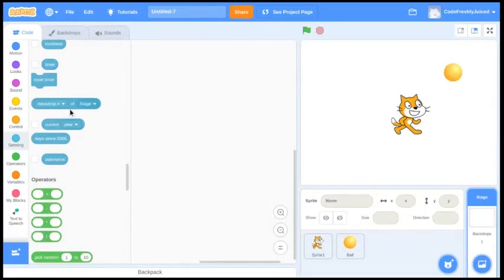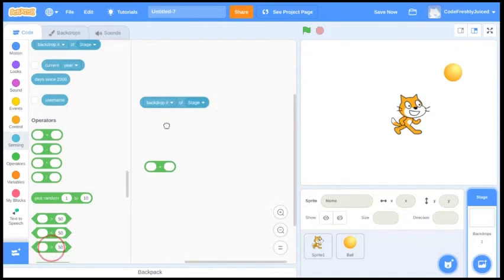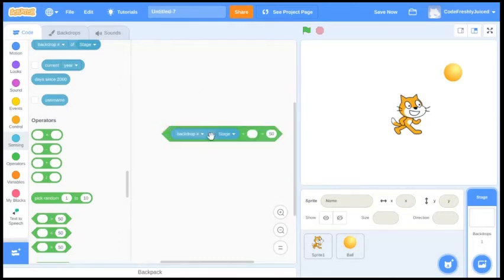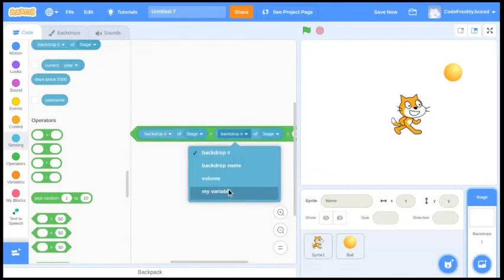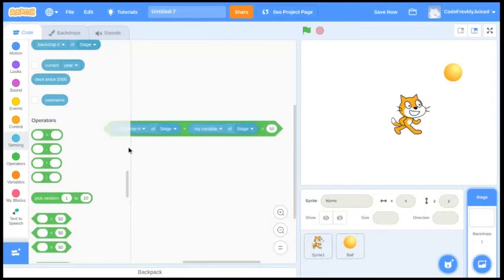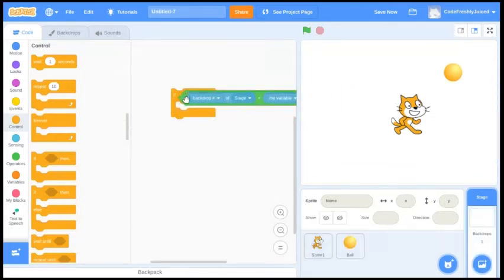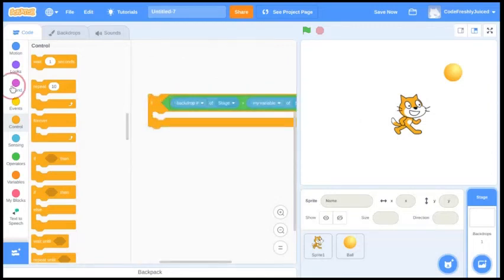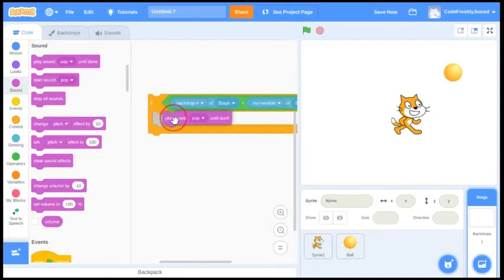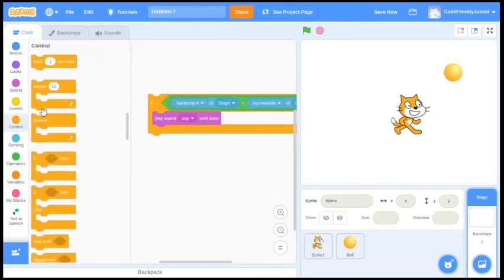But, yeah. Backdrop number. You could also do if something is equal to 50. You could do this: if blank plus blank equals 50. So you could do if the backdrop number of the stage plus, let's say, my variable equals 50, then do something. So if you're to do if then, as I add more blocks, this thing will constantly get bigger. No, we want you to go in there. There we go. Then start sound meow, play sound meow until pop. Now it's pop. How did that change? Play sound pop until done. So forever,